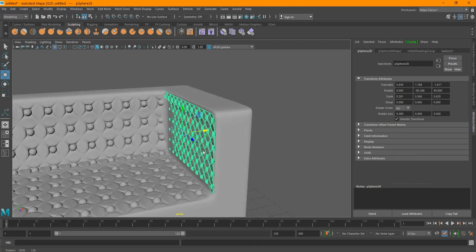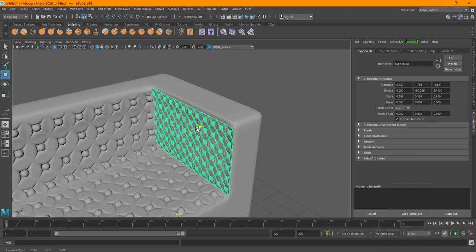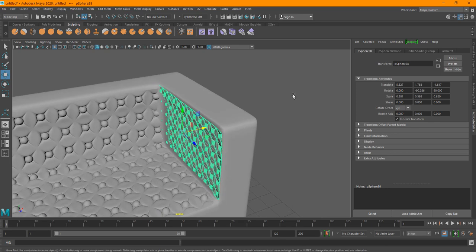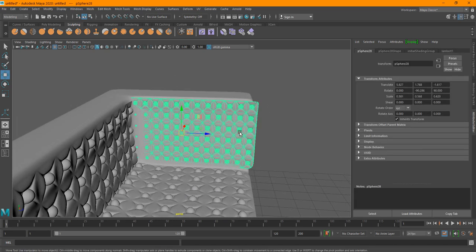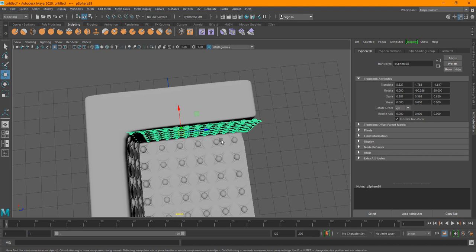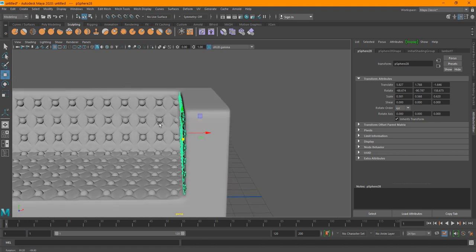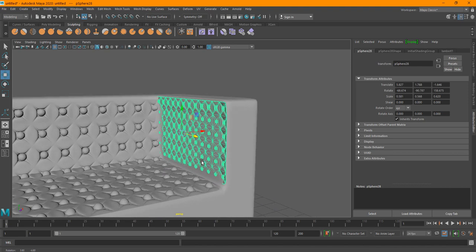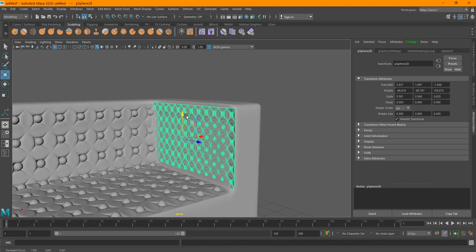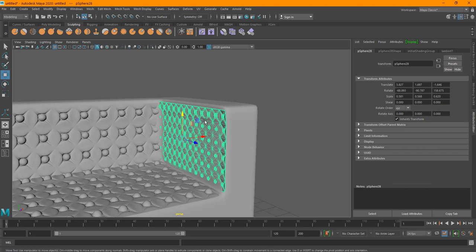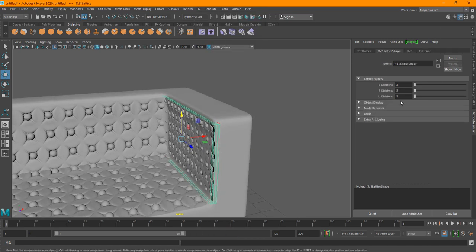So I'm just going to bring it here, not that much. It's fine, but the edges are not fitting nicely. We can just rotate a little bit, just move it. I know it's not a good way to do this, but it's kind of the fastest way. So what I'm going to do is I need to apply another FFD, sorry, lattice, then going to FFD divisions, add some points here,